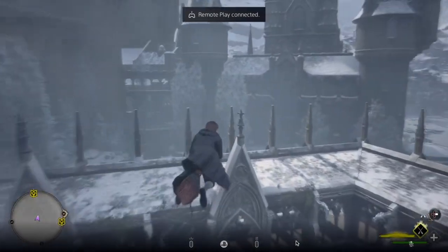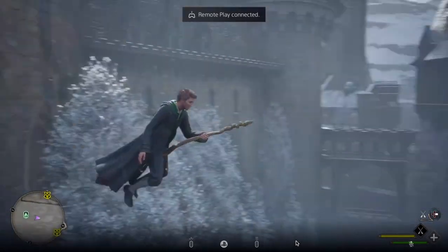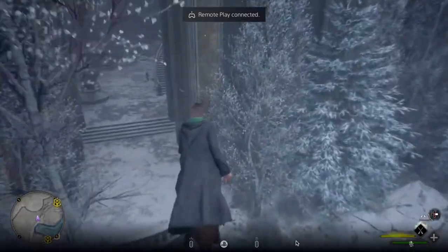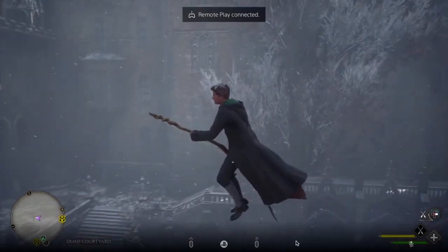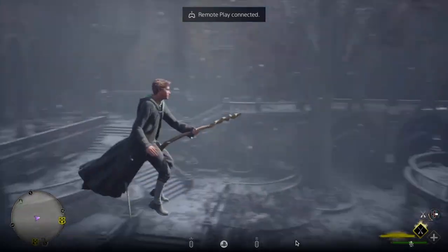Now, I will also fly over, or let's fly through the quad real quick. So you go down here and there's this huge doorway to the quad, which is film accurate. The quad, we've already been through here. It's got this massive tree in the middle, which you don't see in the films. I mentioned when we did explore the quad, it's got a lot more tiers, a lot more levels to it